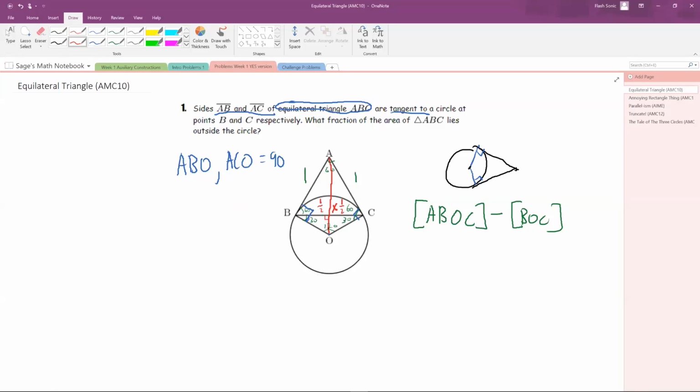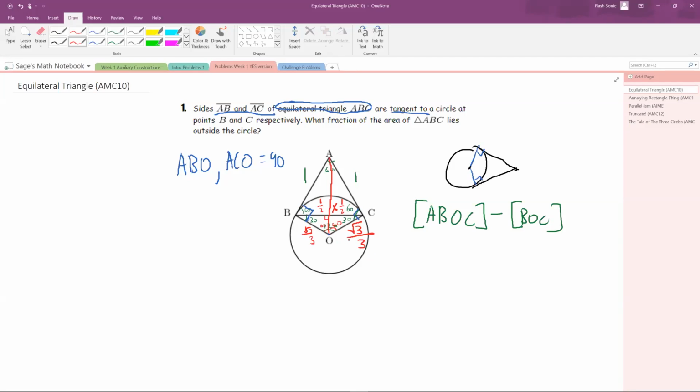And now, since this is a 30, 60, 90 triangle down below, we can get that OB is equal to 1 over root 3, or root 3 over 3. And we can also get that OC is equal to root 3 over 3. And the way we did this is by utilizing 30, 60, 90 triangles. So since the radius